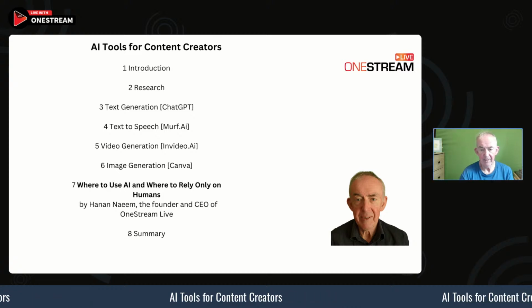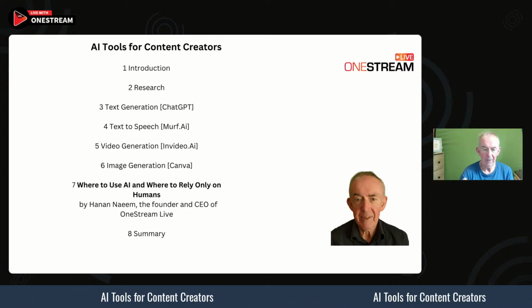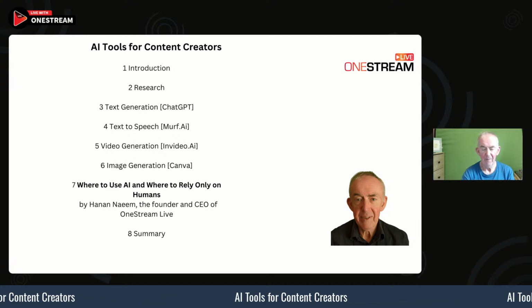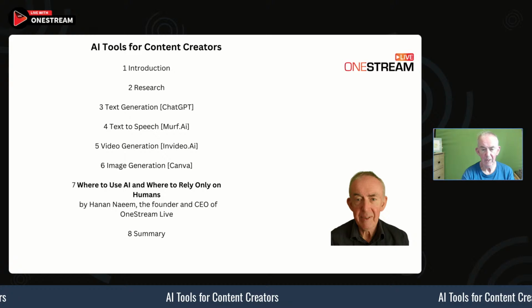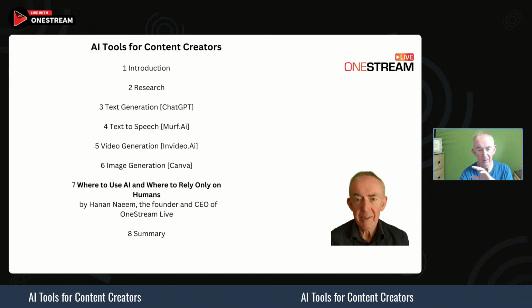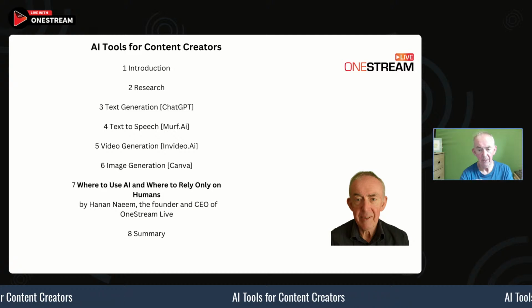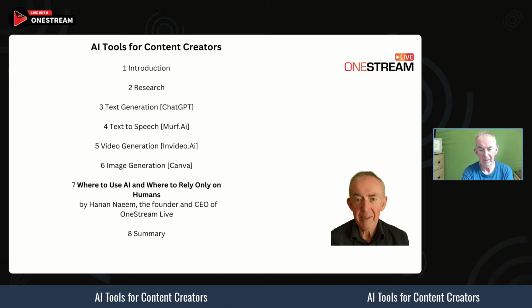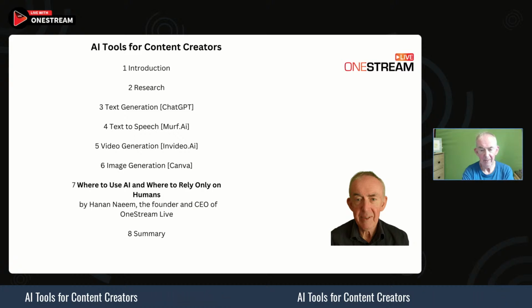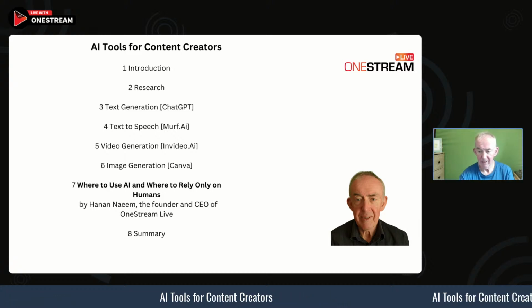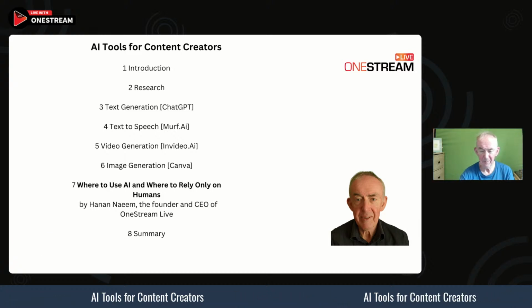I'm doing a session soon about intros and outros, and intros and outros within OneStream Live have just been improved. You could use the text to speech as an intro for your broadcast. And you just need to import it, right click, and